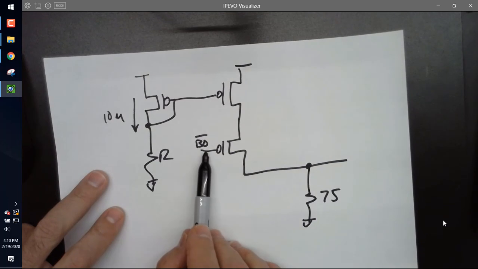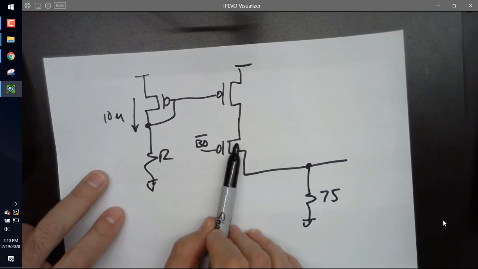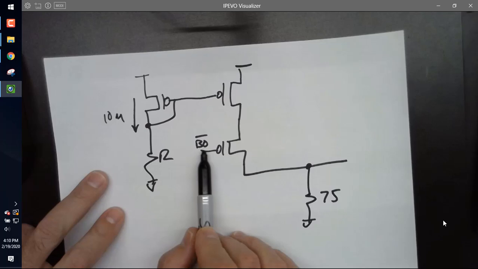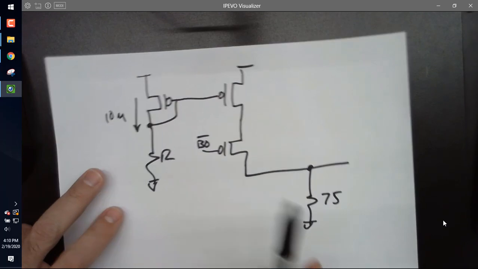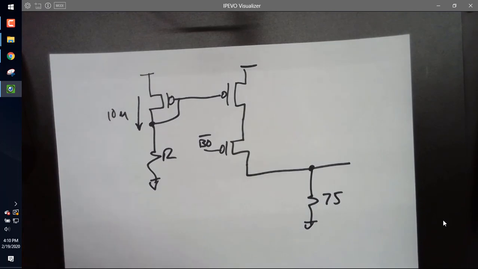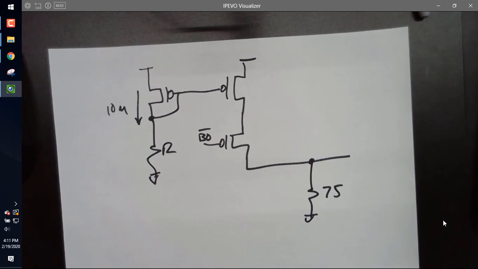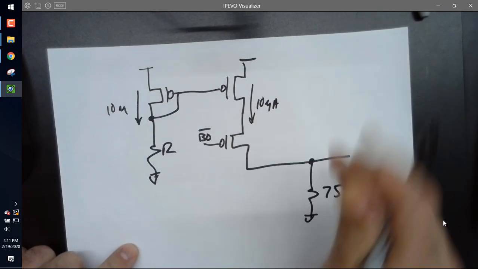Okay, so let's make sure we know how this works. If bit 0 bar is a low, what's the state of this transistor? It's on, right? It's a wire, it turns on. Does everybody agree with that? When I say bit 0 bar is low, it's just because I have phobias about your digital classes here. What is the voltage on bit 0 if bit 0 bar is a low? 0. So bit 0 is a 1, and bit 0 bar is a 0. And so then this signal drives 10 microamps into the 75 ohms,